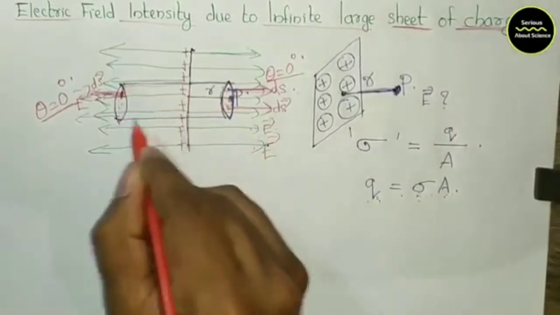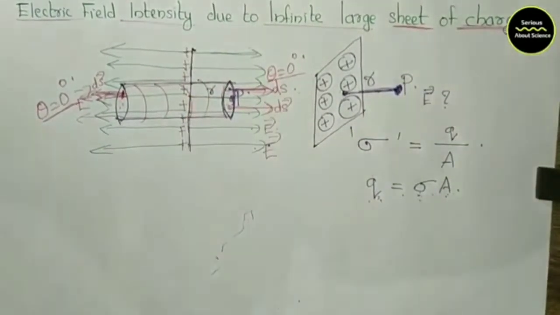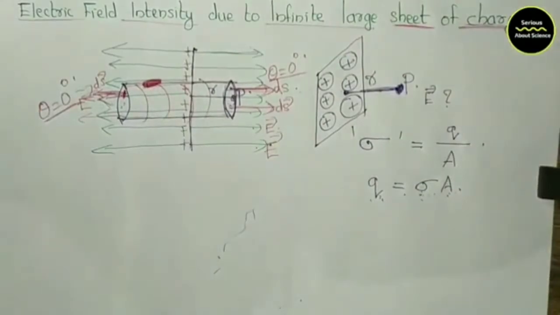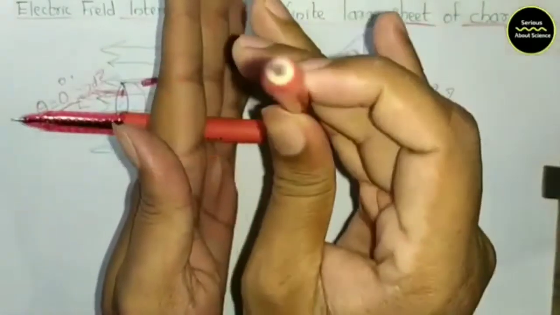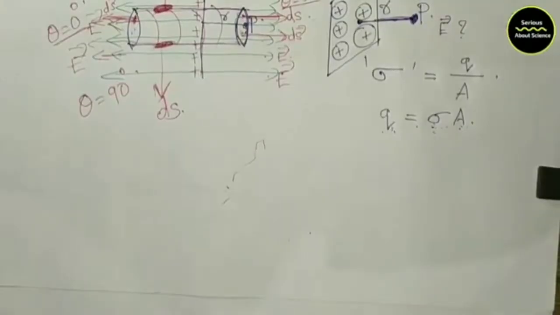You know that electric flux phi will be equal to the closed integral of E dot ds, that means E ds cos theta. When theta becomes 0, what is the value of cos 0? Cos 0 will be equal to 1. Since two ends are there, it is 2 into the closed integral of E ds. Listen once more: in this cylinder, there are two ends or two circular faces.